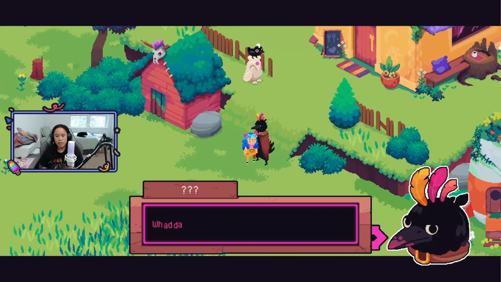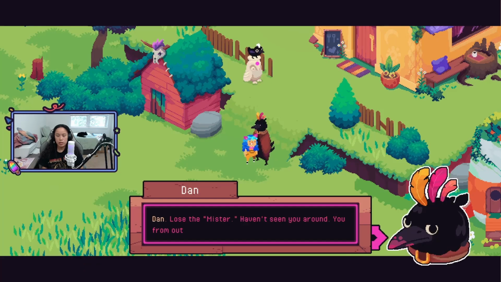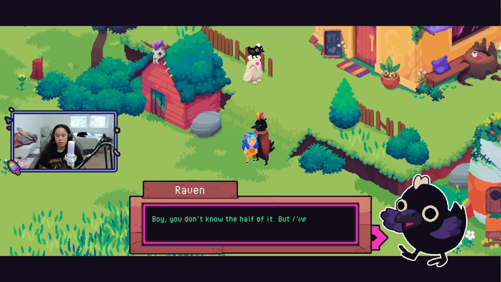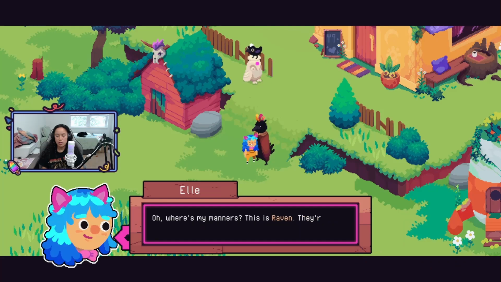Hi there. Nice to meet you. What do you want? Oh, to say hello and introduce myself, Mr. Dan. Lose the mister. Haven't seen you around. You from out of town? Boy, you don't know the half of it. But I've been local since egghood. Nice to meet you, fellow raven. Think our subspecies might have diverged just a tad? Where's my manners? This is Raven. They're my familiar. My name is Elle, and...